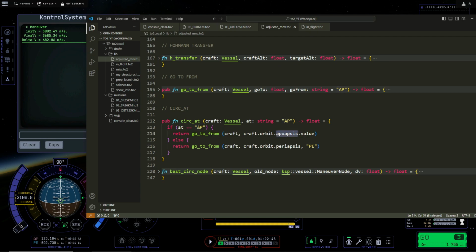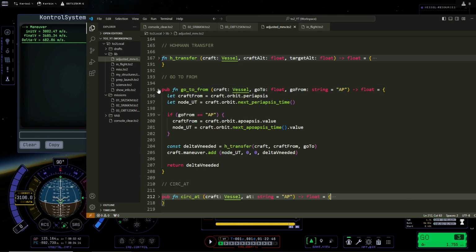If I write anything else than AP, for example PE, I want to go to the periapsis from my periapsis. And go to from is just... I calculate the time of the... not calculating that, I look at the next apoapsis time. So this is not the ETA but the UT time of my apoapsis, and I compute the delta V needed